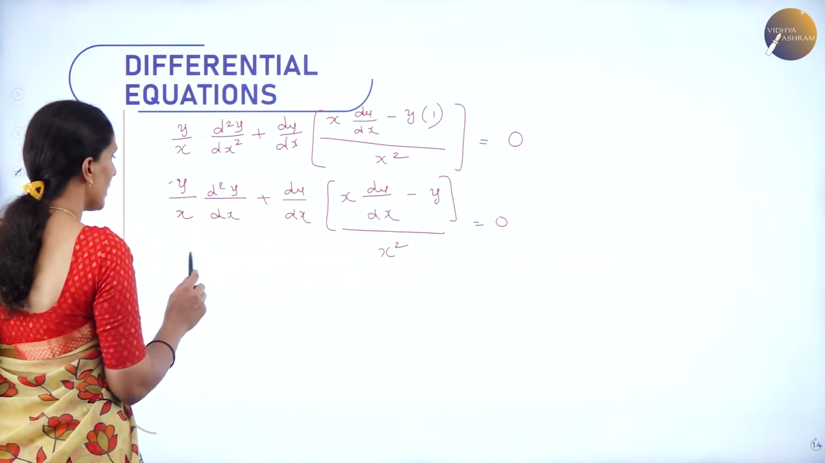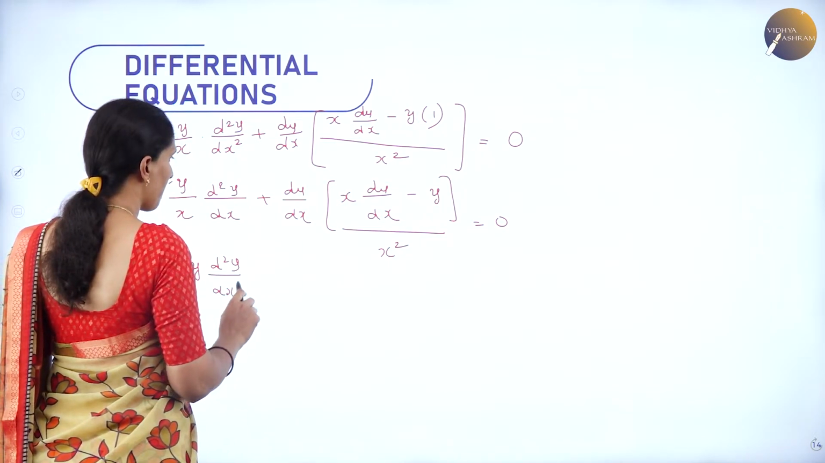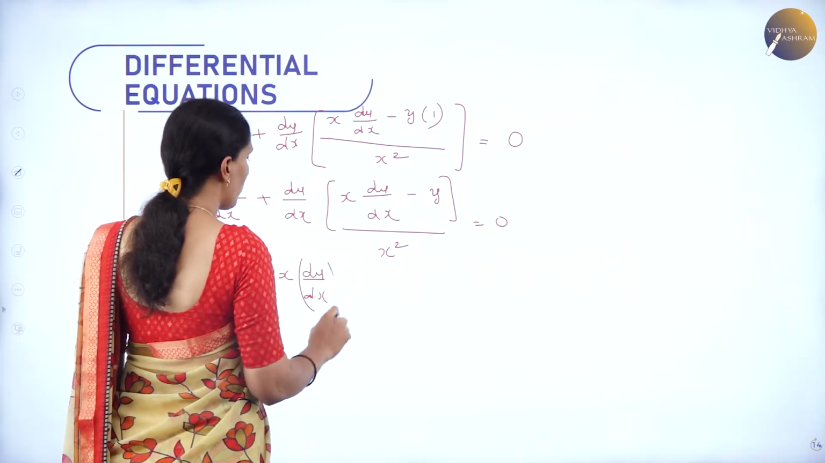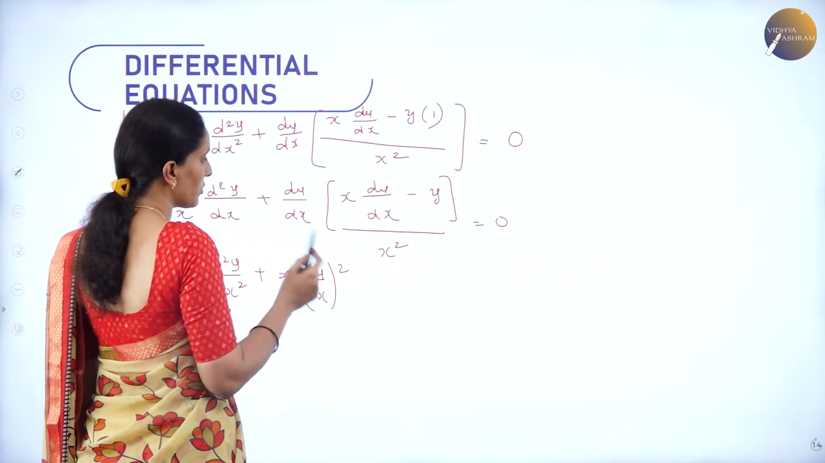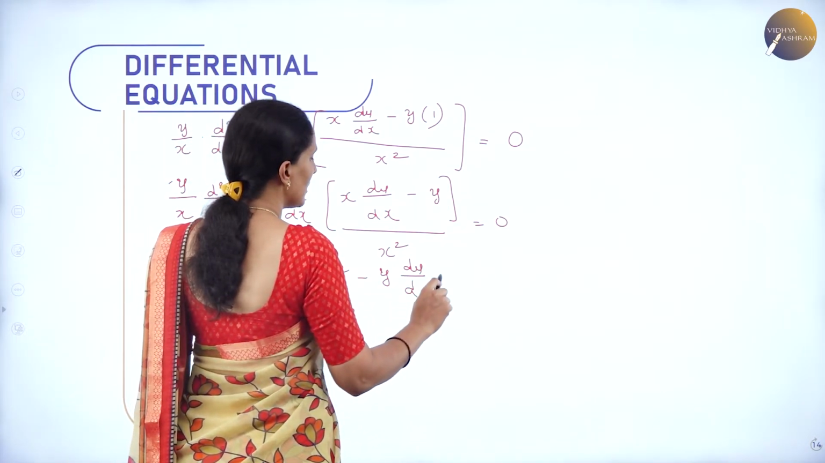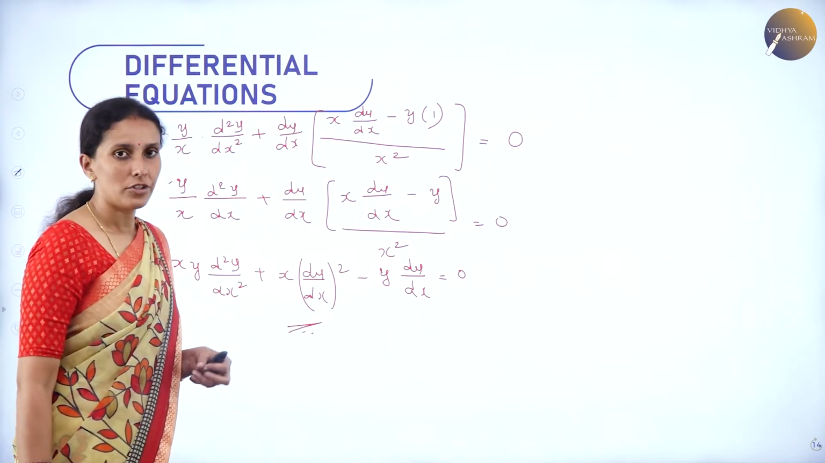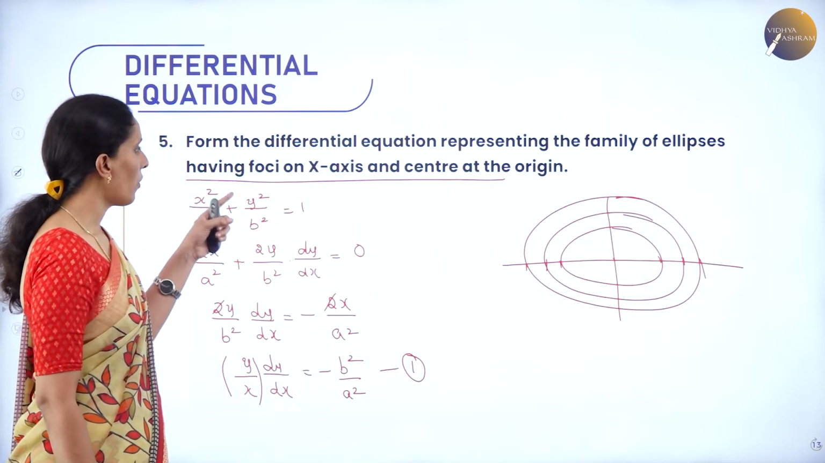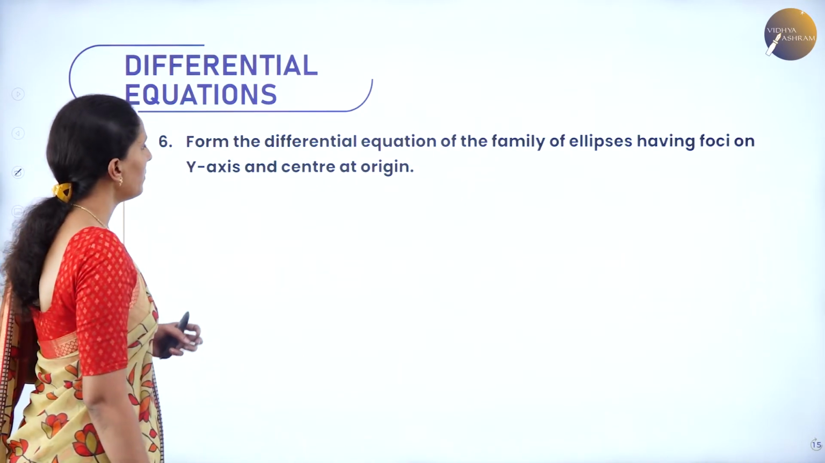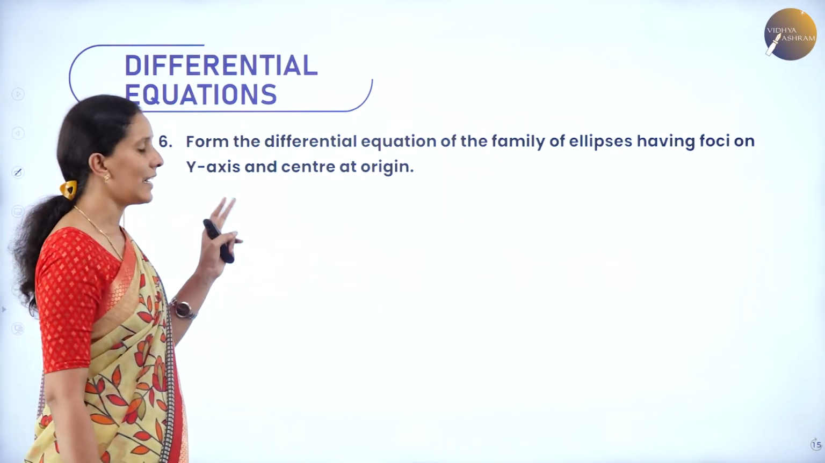Then here it becomes xy d square y by dx square plus x into (dy by dx) whole square, because dy by dx appears 2 times, minus y into dy by dx is equal to 0. So this will be the standard differential equation for an ellipse whose foci lie on the x-axis and center at the origin. Next question. Form the differential equation of the family of ellipses having foci on the y-axis and center at the